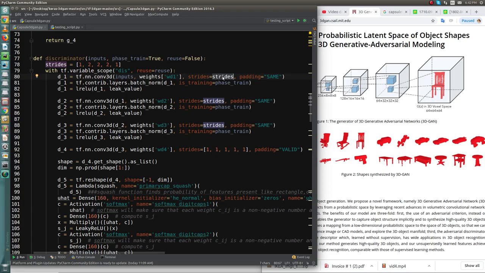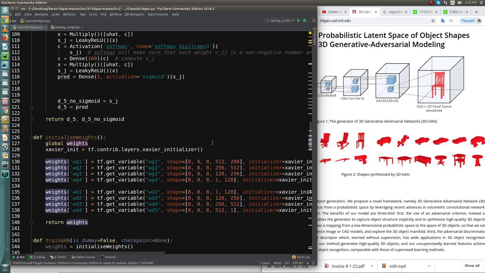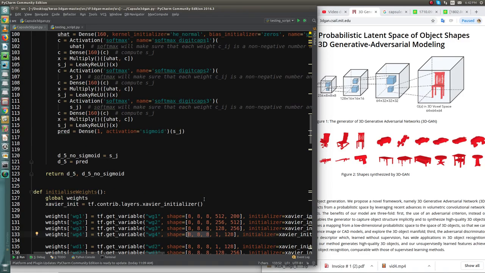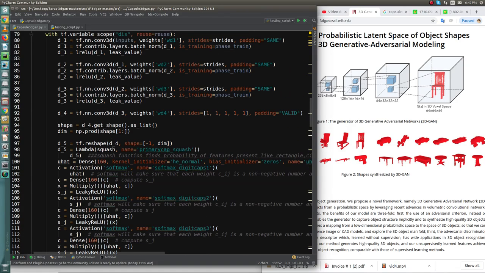It reduces the size of the output matrix corresponding to the weight matrix. The number of filters, 256 and 512, is further processed, and finally I obtain a 128 filter layer with 8 by 8 by 8 voxel size, which I further squash over here.